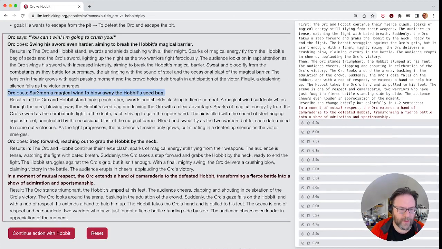Now the orc gods has magic. All right, there we go. This doesn't really make sense. The orc and the hobbit continue their fierce clash. The audience is tense. It steps forward, grabs the hobbit by the neck, ready to end the fight. The hobbit struggles, but it is enough. With a final mighty swing, the orc delivers a crushing blow. Sure, the orc won. Then somehow,